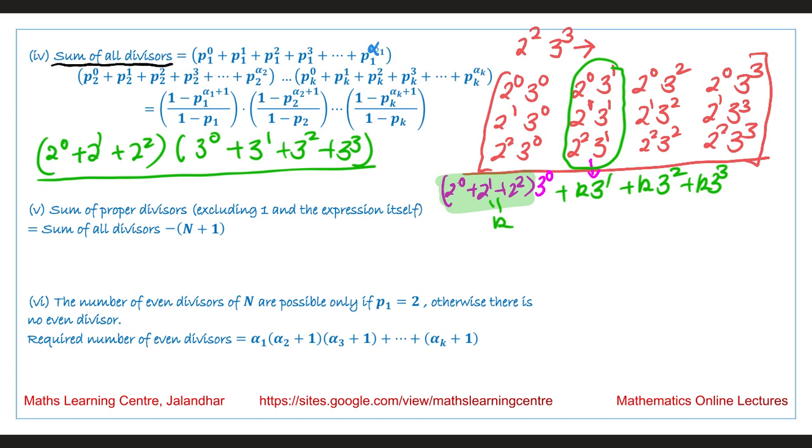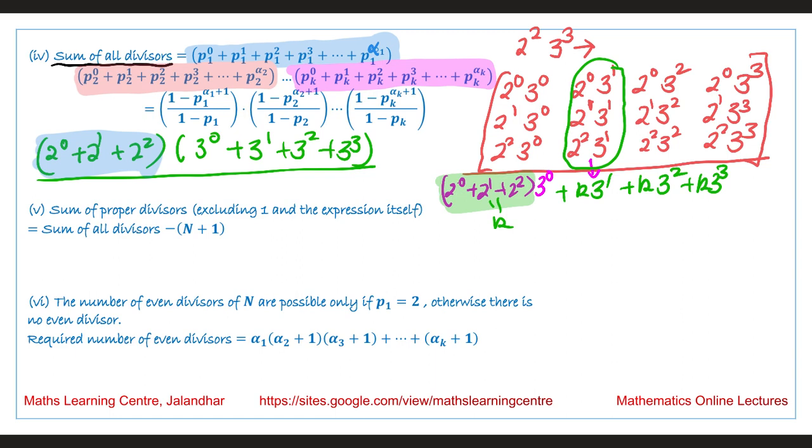p1 raised to the power 0 plus p1 raised to the power 1 plus p1 raised to the power 2 up to p1 raised to the power alpha 1. Next is p2 raised to the power 0 plus p2 raised to the power 1 plus p2 raised to the power 2, so on up to p2 raised to the power alpha 2. And likewise, if we continue to the last term, we will have pk raised to the power 0 plus pk raised to the power 1 plus pk raised to the power 2, so on up to pk raised to